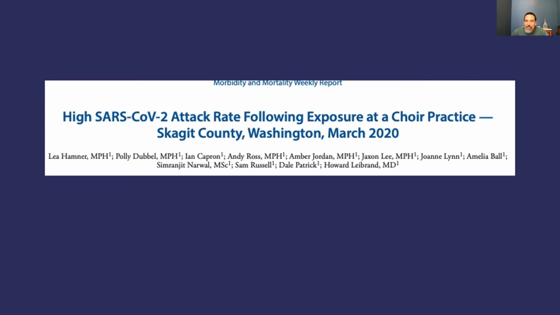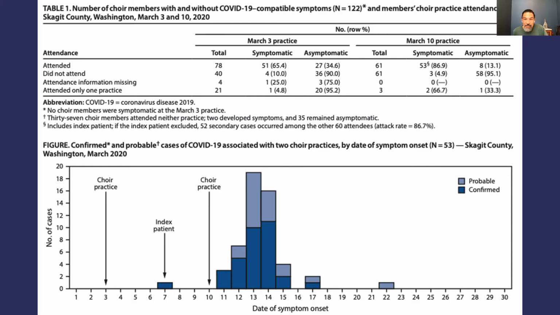In terms of transmission, another one of your readings investigated a cluster of SARS-CoV-2 cases that were exposed at a choir practice in Skagit County, Washington State in March 2020, which was a time before indoor mass gatherings were prohibited and a time before masks were universally required. And this investigation of about 120 people in a church choir found that among the 61 members who attended the